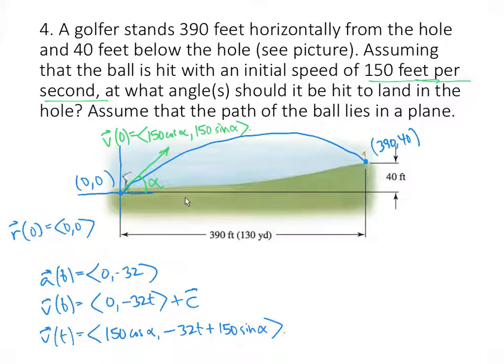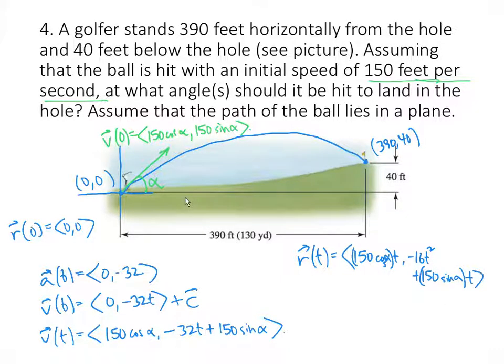We're integrating with respect to t. So for r of t, alpha is a constant, we just don't know what it is. So we integrate with respect to t, and we get 150 cosine alpha t, and then in the y component, negative 16t squared plus 150 sine alpha